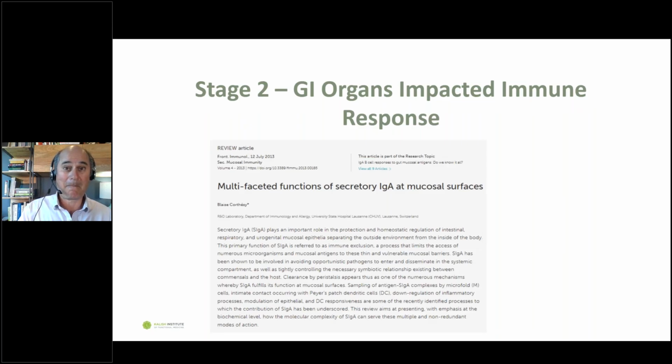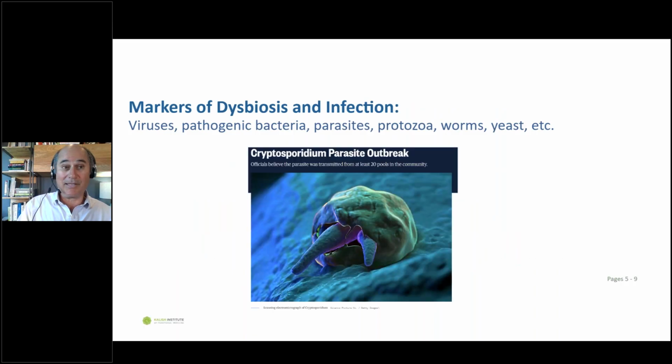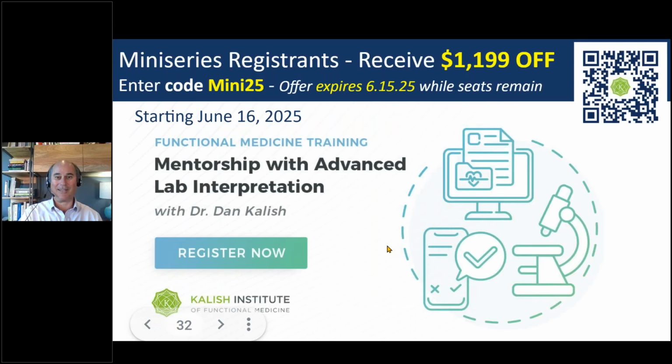Okay. The third stage, stage 1 is microbiome, stage 2 is GI organs. The third stage is GI pathogens. Now things are so messed up that you've actually got an infection that you need to get rid of. Okay, and we don't want to go there, but we see that a lot. That's actually a picture of Cryptosporidium. I don't know, it looks a little sinister to me. Maybe it's the way it's colored or something, but it doesn't look very friendly. If you've ever seen a picture of Giardia, it doesn't look very nice either. But this is where people end up. They end up with an infection, and we're trying to prevent this from happening, or if they do have an infection, figure out how to deal with it and treat it.